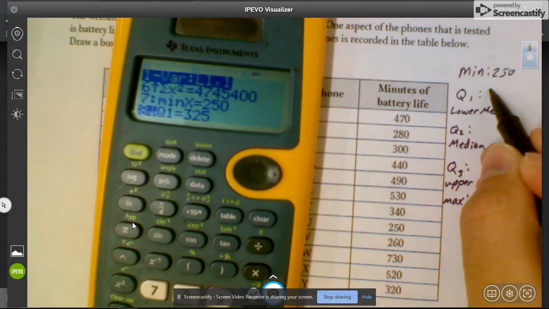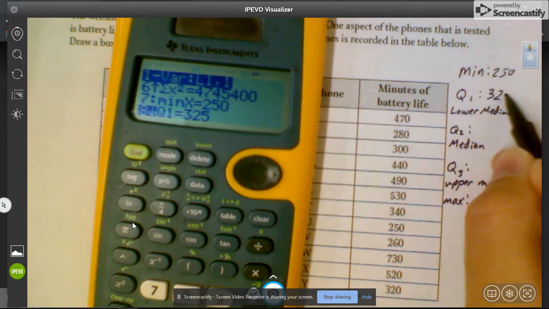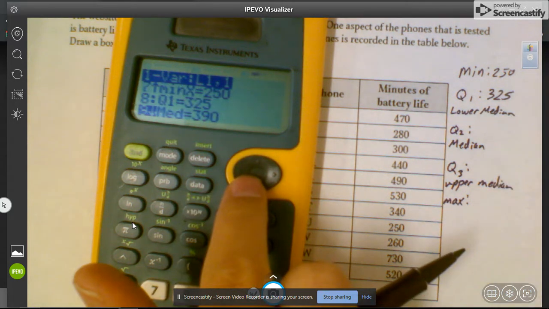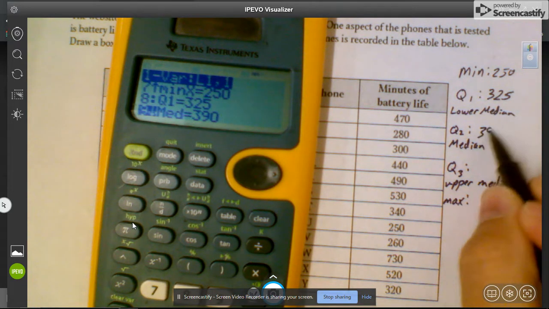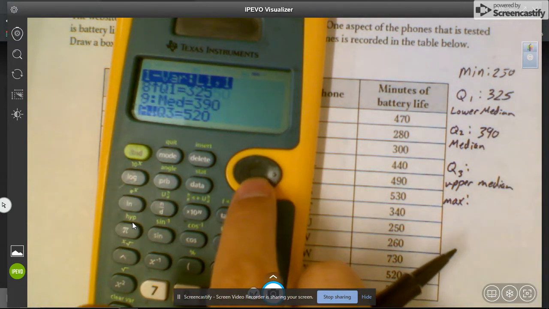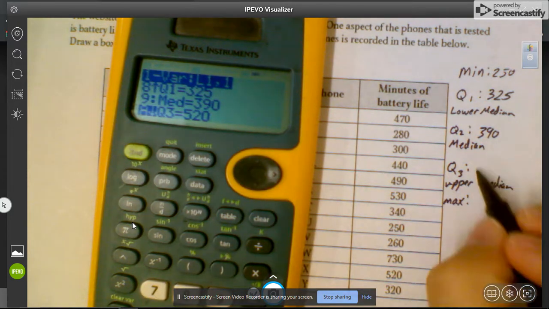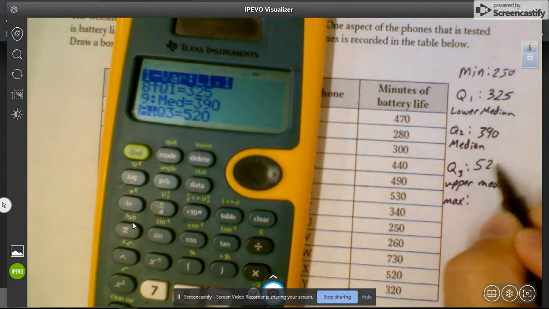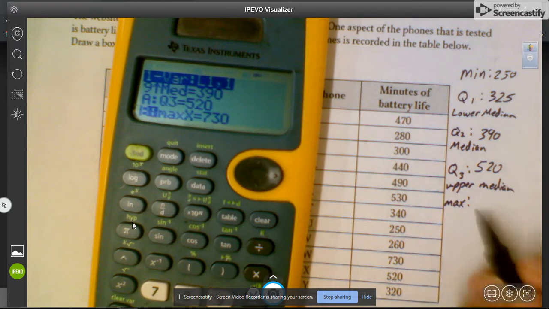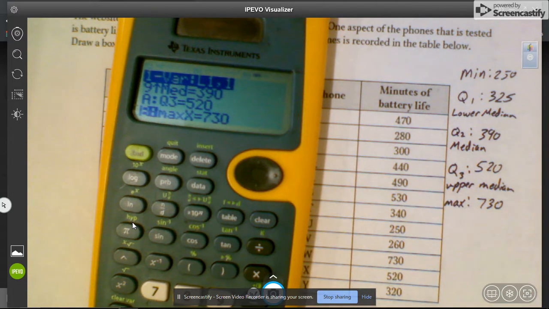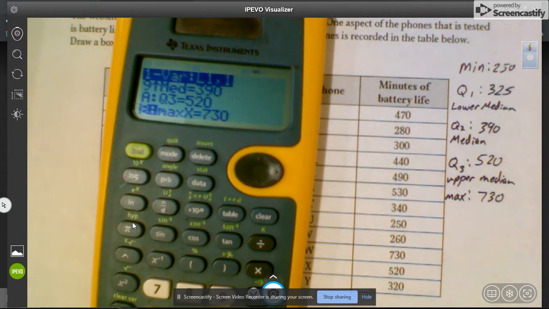So that's 325. If I keep going, oh my goodness, there's my median. So that is 390. Q3, 520. And believe it or not, max is last at 730. So I was given all 5 of the things that I needed to find, and then it goes